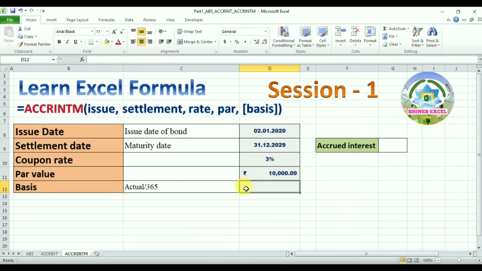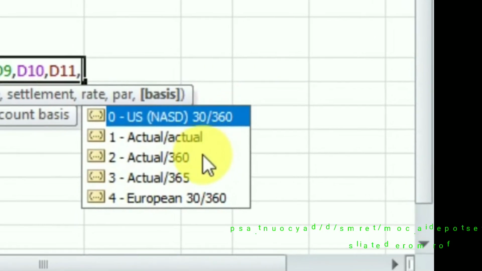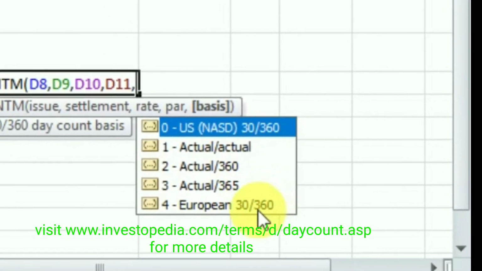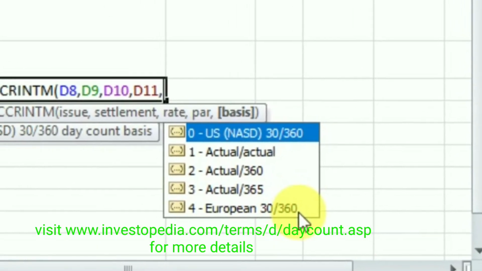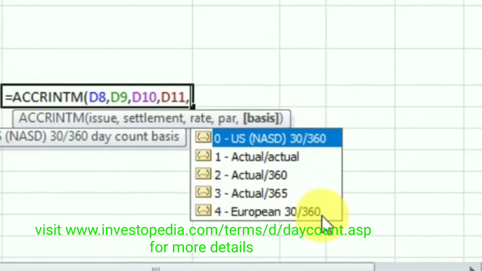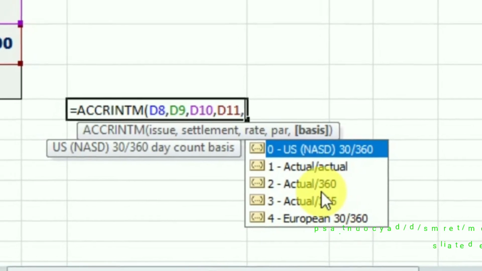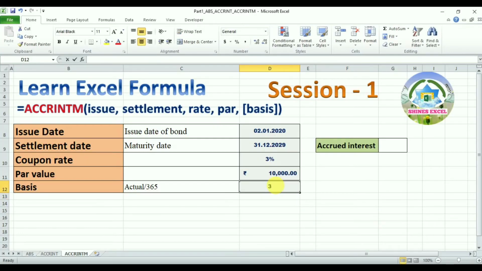So what is basis? There were 5 options. Let's see what those are. These are the 5 options and it only says about the number of days taken into consideration for the calculation. So I am going to take here number 3, that is actual 365 days. Come on, let's calculate the accrued interest for those days and let's start with equal to